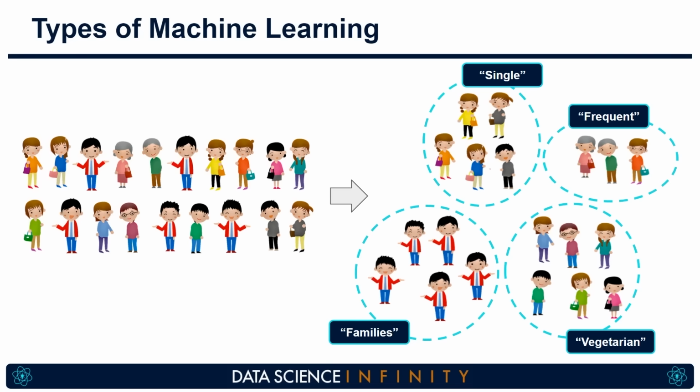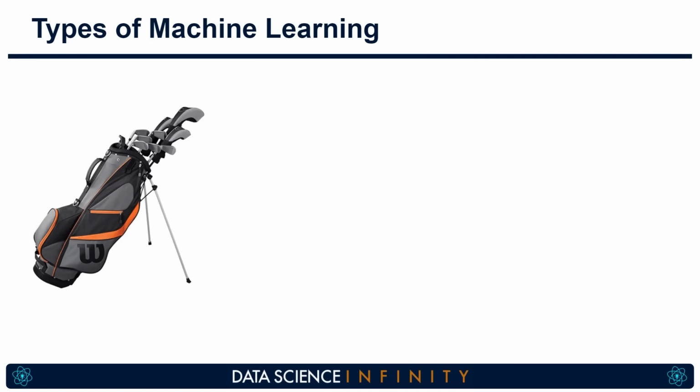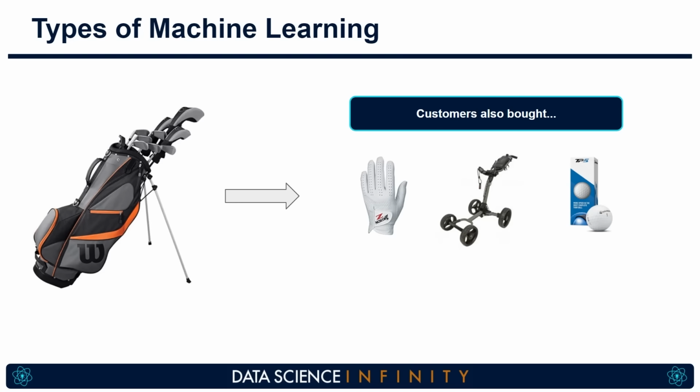Another common task within the world of unsupervised learning is known as association rule learning. You might not know that you know about this, but you definitely do. Imagine a situation where you have purchased a product online. Let's say some shiny new golf clubs like we see here. Now, what do you always see as you are nearing the online checkout? You see something like this. This is an example of cross-sell marketing, where companies can infer based on a lot of historical customer behavior that if you buy product A, then you're likely to also buy product B or product C, and thus can recommend you these products to tempt you to part way with a little bit more of your cash.